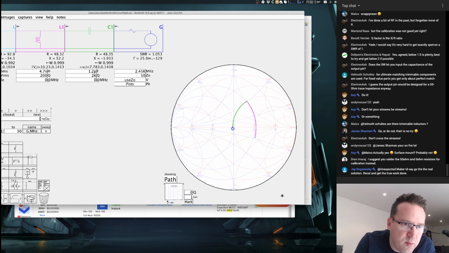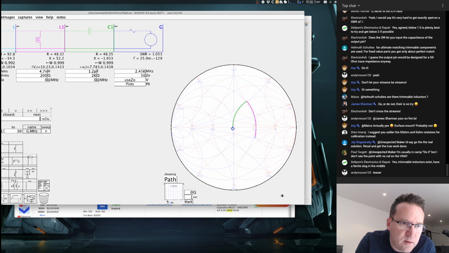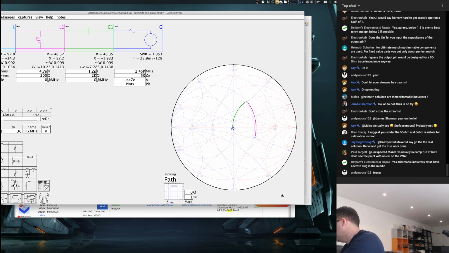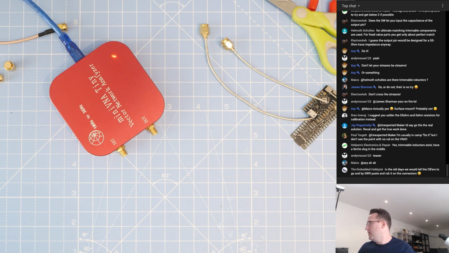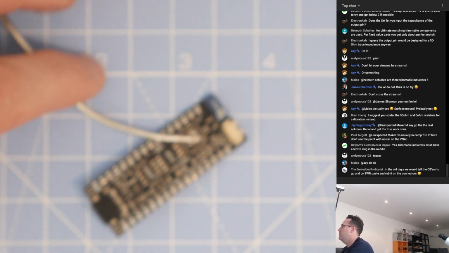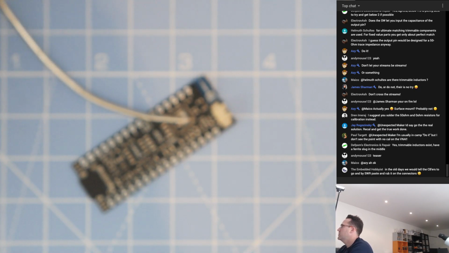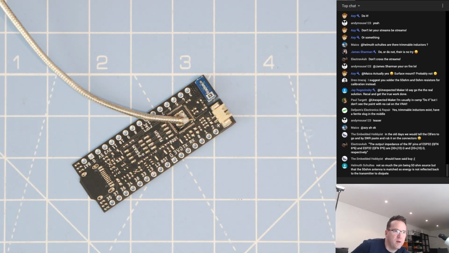I suggest you solder the 50 ohm and the 0 ohm resistor for calibration instead. So, wait, here's the thing. Let's talk about this. If you want me to calibrate on this board, focus. So the question is, if we're going to calibrate on this board,